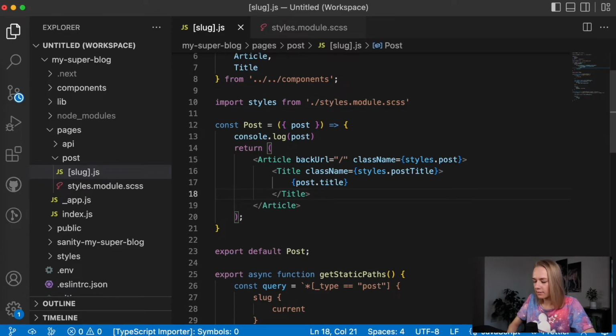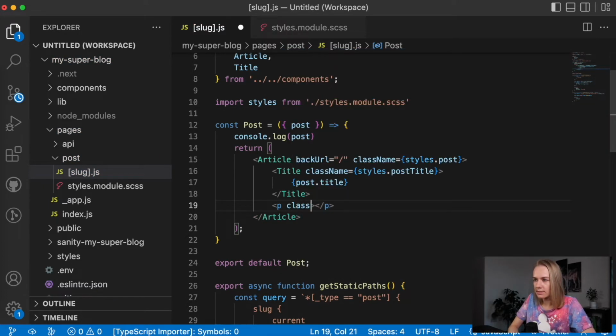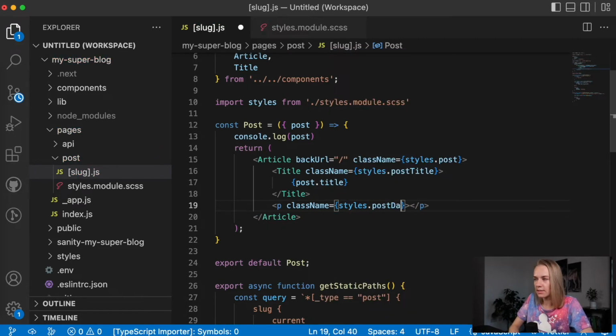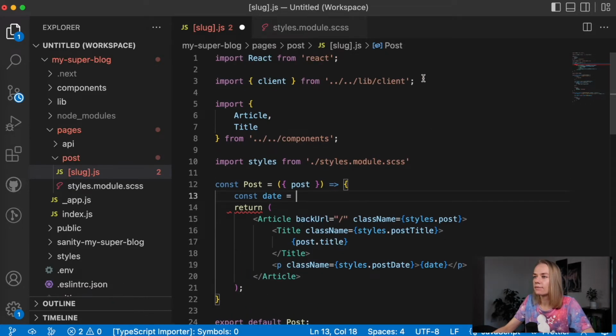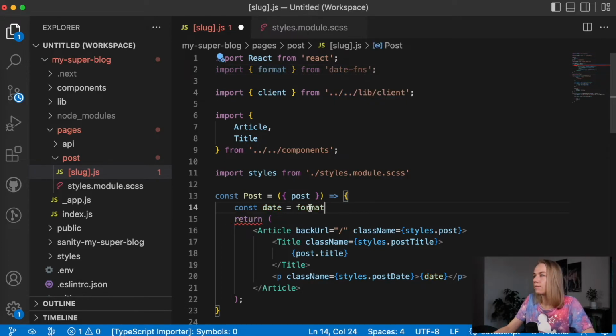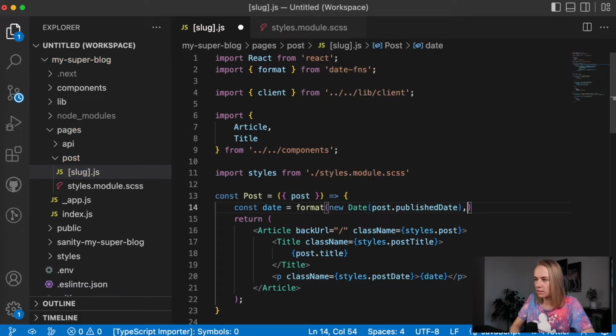We have a paragraph here with data, class name, which is styles post data. This will be data. We will create it here, const data. We need to format it with date-fns. Import format from date-fns. Format new data post published data, and here